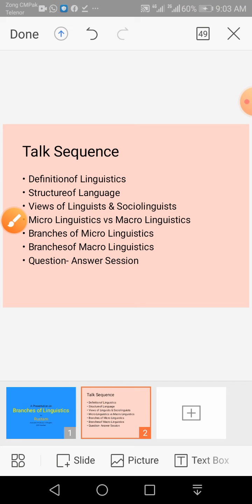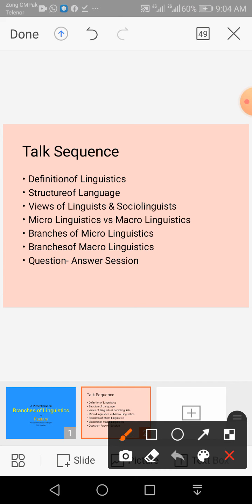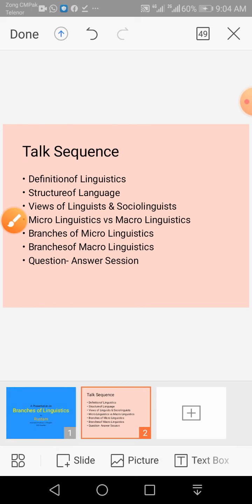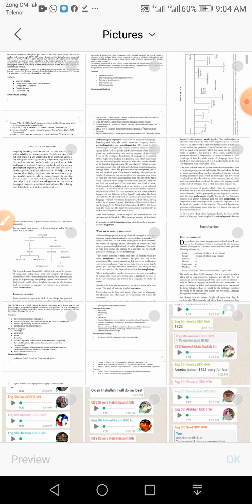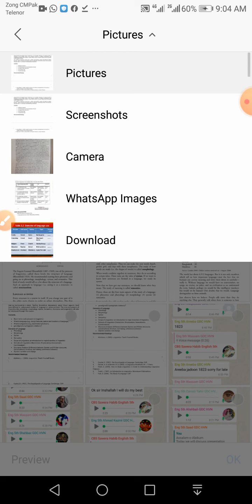Now as you can see here, there is also a shortcut, and there is also a slide button. You can even insert a picture into your frame. Okay, let's say I'm going to insert a picture. Then you can choose pictures.